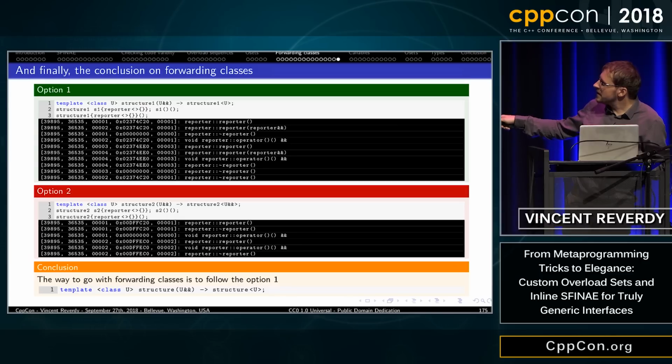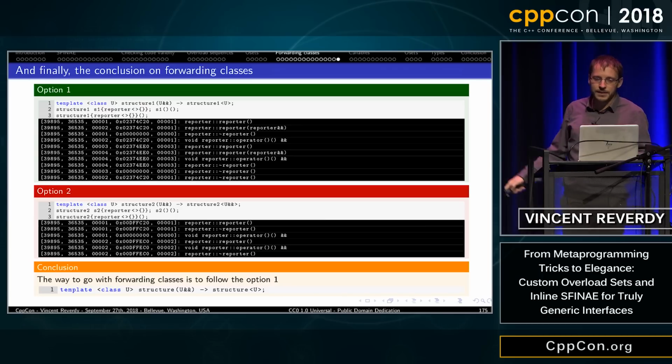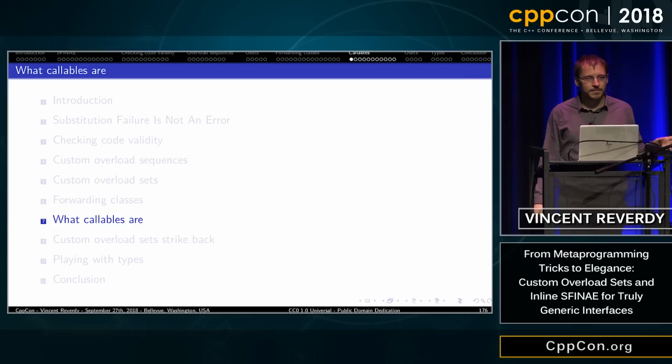But in that case, here I called this operator while the internal pointer was at 0, which means that this version will leak. So you should not use this version where you deduce urefref from urefref, except if you know exactly what you're doing. The nice version that will work most of the time is this deduction guide. So great. That will be used a lot to create this overload set.